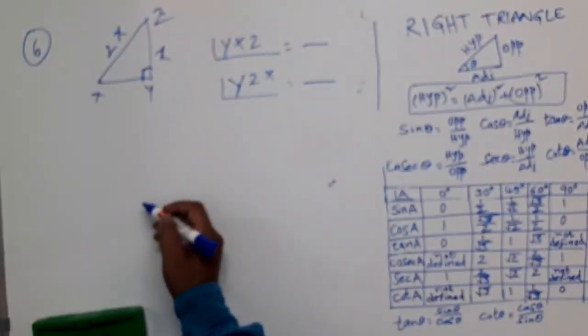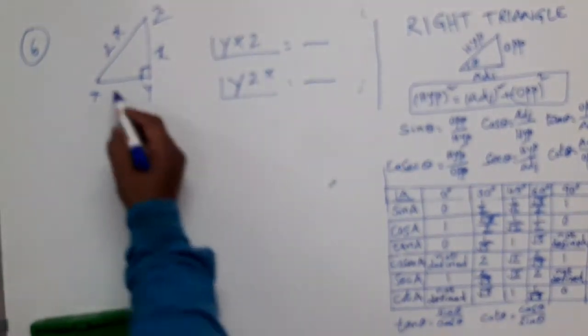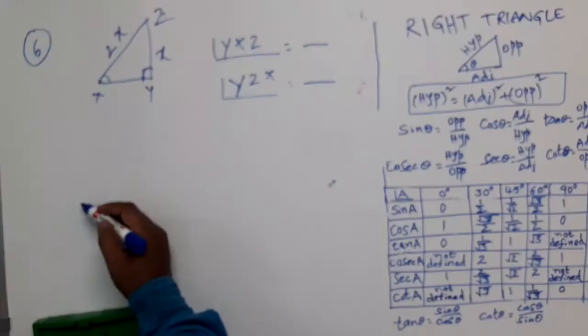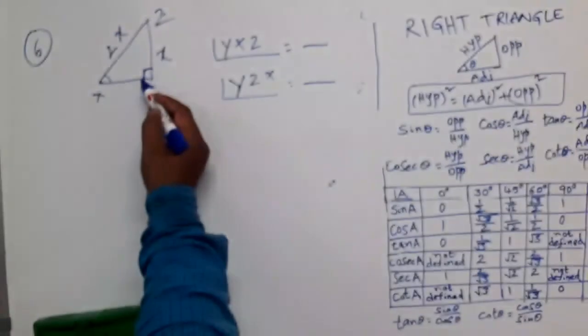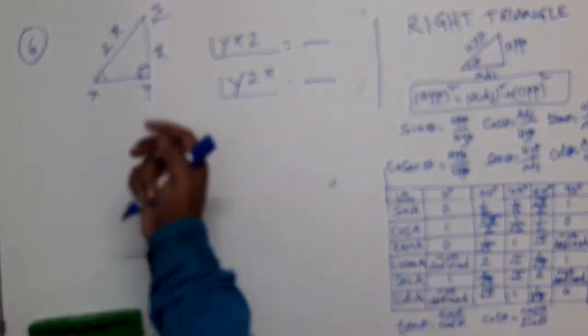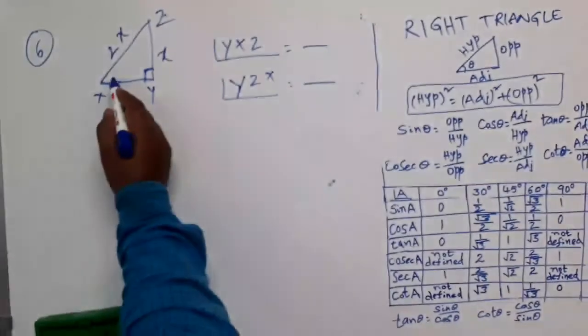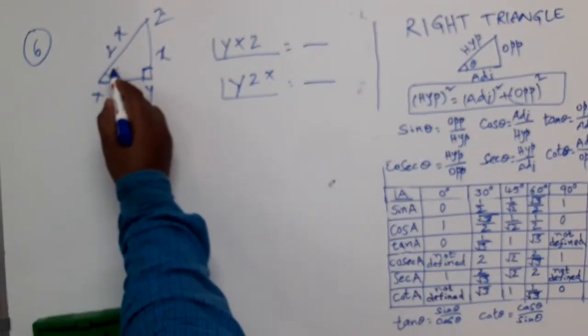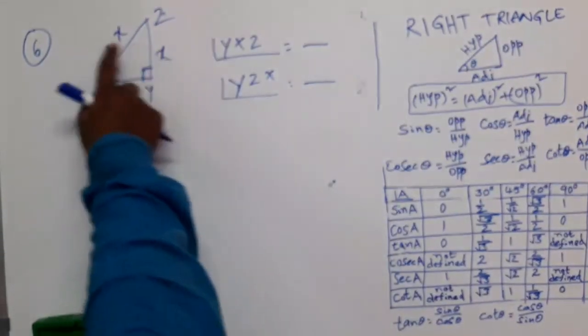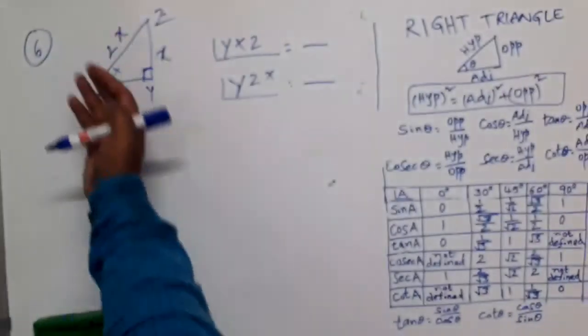See, YXZ means this is the angle, right? This angle. What is given here? Two sides are known. Of course, this is 90 degrees. You don't know these two angles, right? You want to find out this angle. Let us say this is angle X. For this angle, this is the opposite side, this is the hypotenuse, right? These two are known sides now. Let us relate these two sides and this angle.